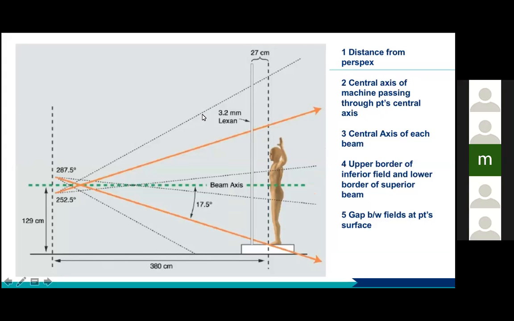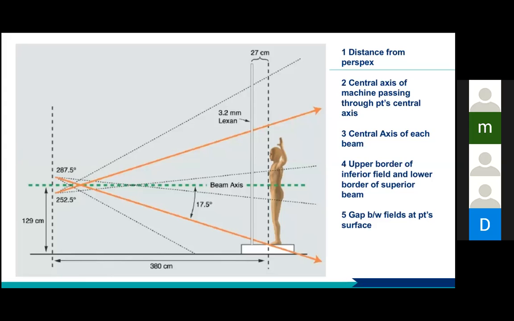So first thing is that when the patient is placed behind the perspex sheet, the patient is not touching the perspex sheet. In this, they have recommended a distance of 27 centimeters. You can choose your own distance; it has to be anything above 15 centimeters. The idea is so that the electrons scatter and reach the skin surface and they attenuate well. But whatever distance you choose, the same distance has to be kept during the dosimetry as well as real patient